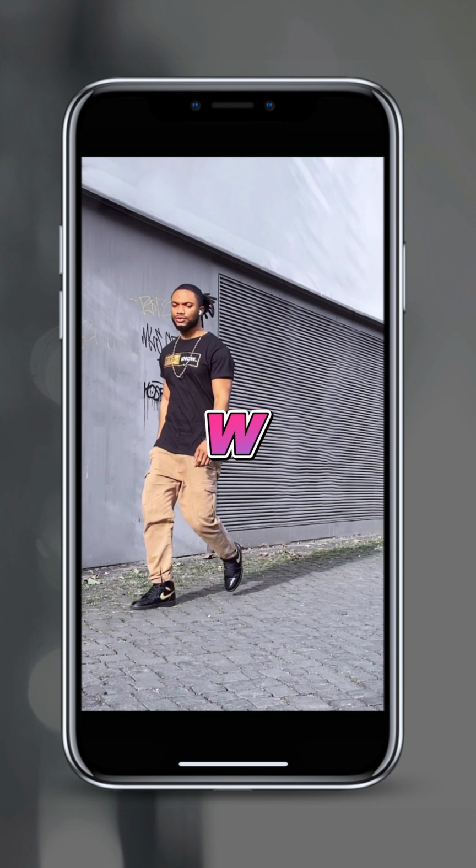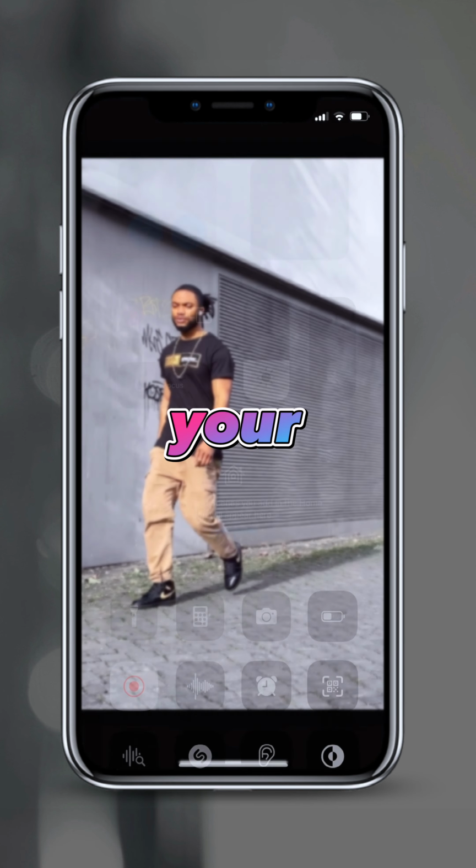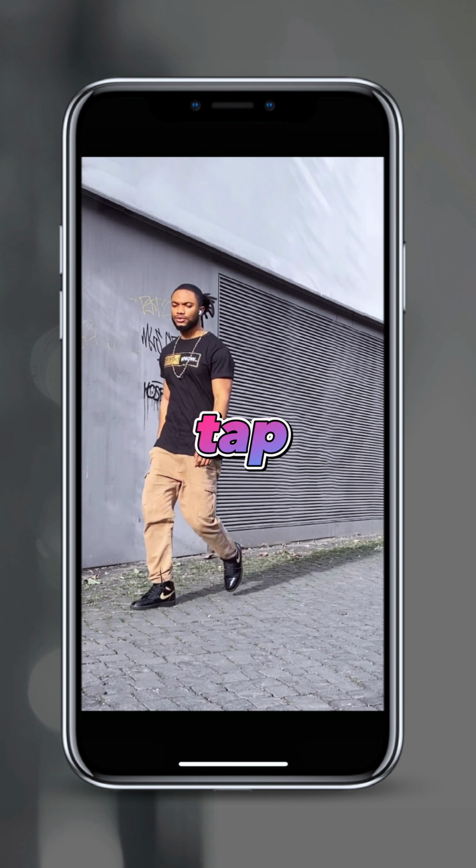This has become a trend for no reason, so here's how to do it from your phone. Go to your gallery and find a photo you want to use. Then swipe down on your phone and tap on this icon right here to start recording your screen. Then go back to your photo, tap and hold down briefly on the subject, and the effect is going to